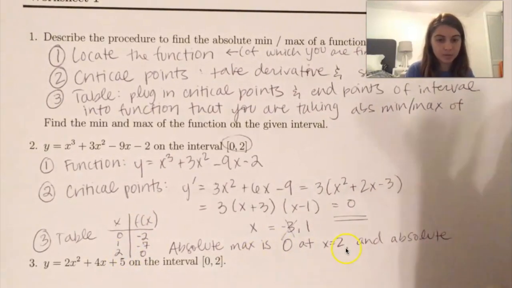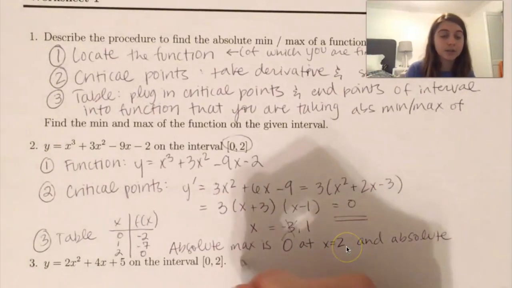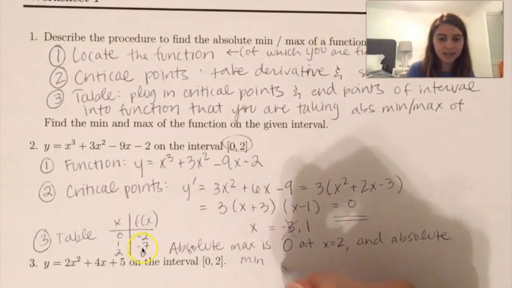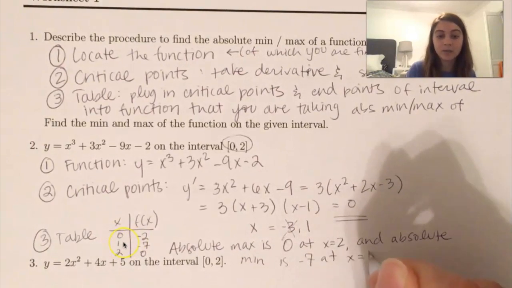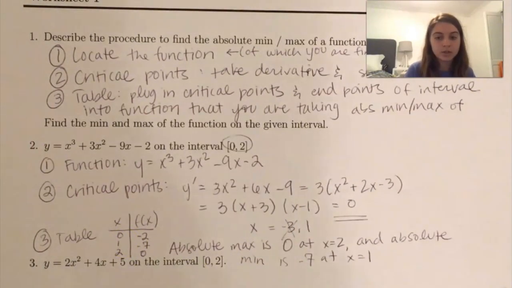So you're going to write both of those pieces of information. And then we're also going to write the absolute minimum, which is -7. It's the smallest y value, and that occurs at x equals 1. So just to clarify,